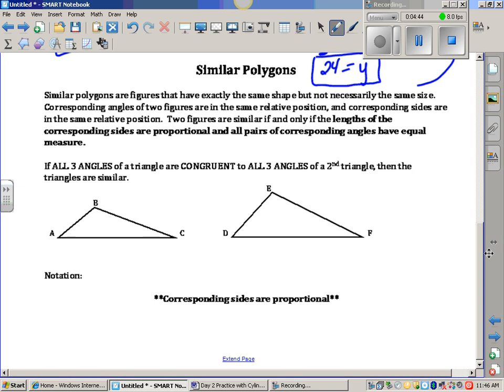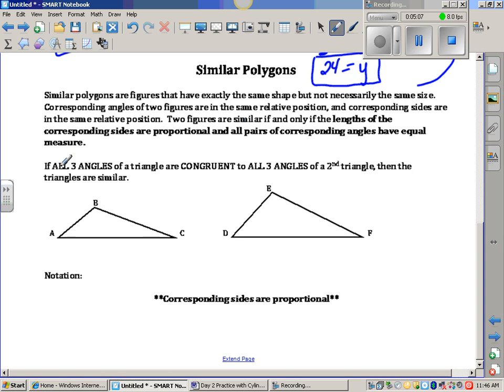Two figures are similar if and only if. This is why this is bolded. It's very important. The lengths of corresponding sides are proportional, and all pairs of corresponding angles have equal measure. So the angles are all the same. The side lengths have to be in proportion. If they all don't grow or shrink at the same rate,